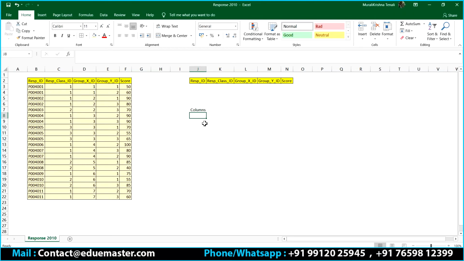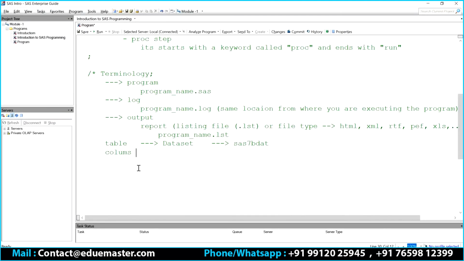I don't call them columns. Instead of columns, I can also represent them as fields. Correct? Generally those names will be columns or fields. These are the naming conventions that we prefer. A table consists of rows and columns, correct? Columns in a table will be referred to as variables in SAS. This is general terminology, and this one is going to be SAS terminology.